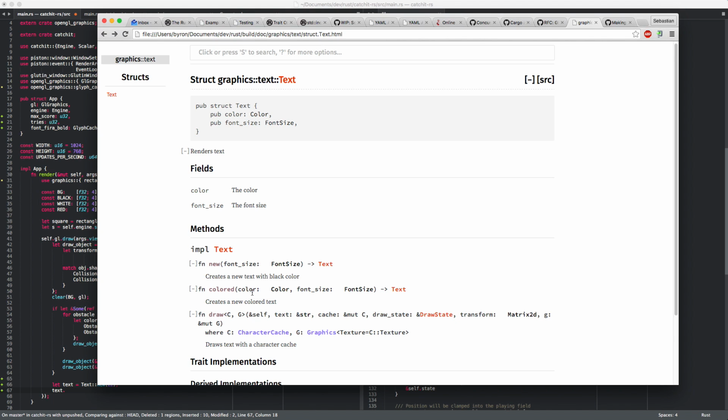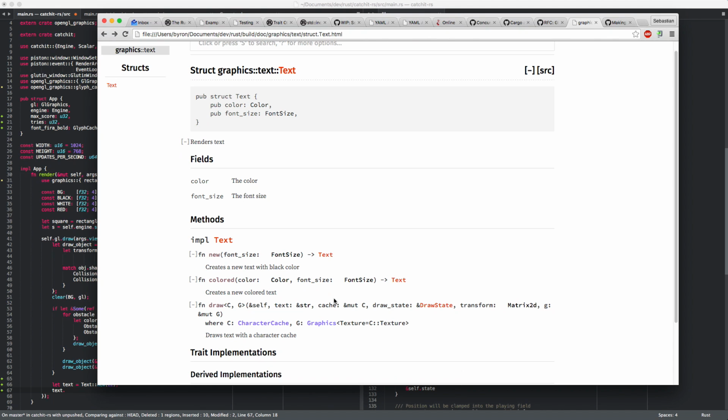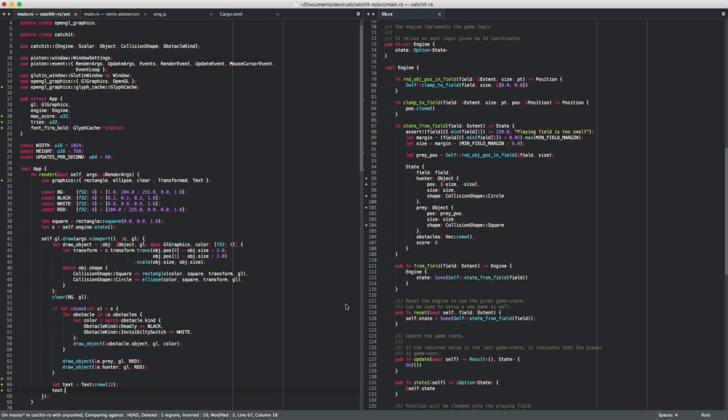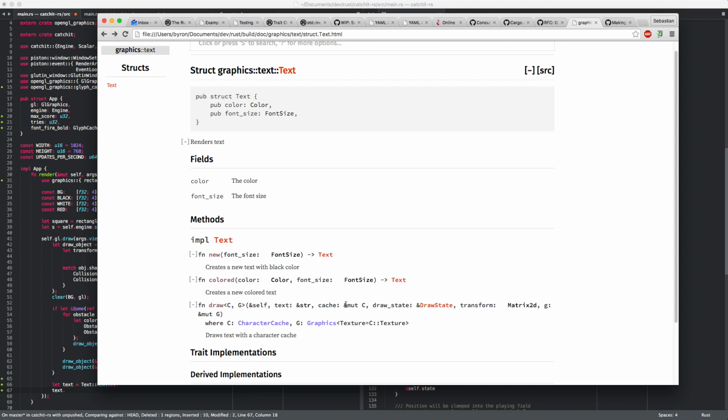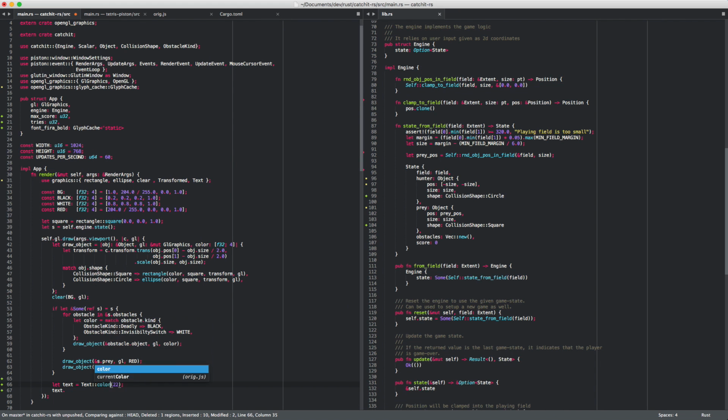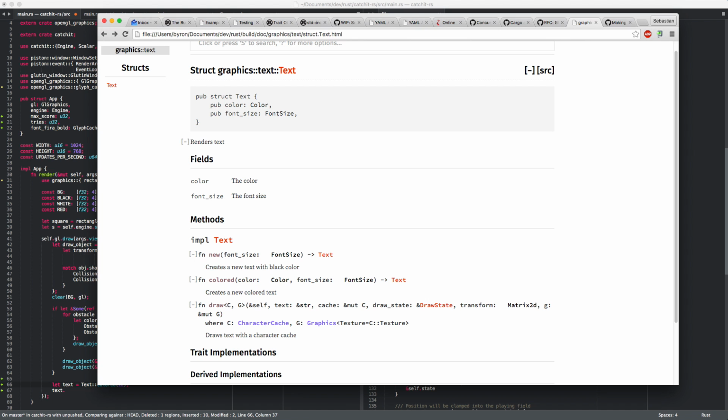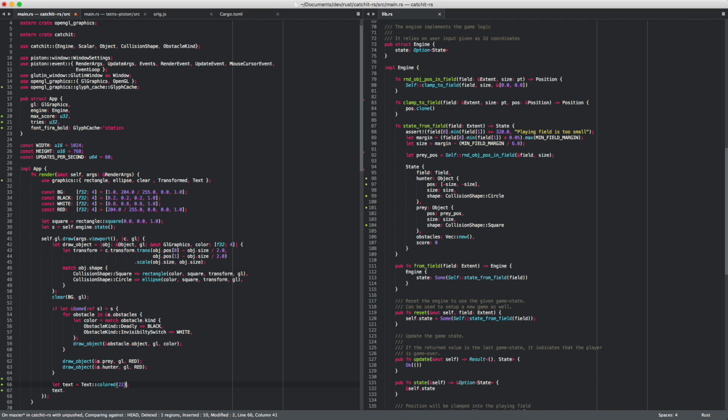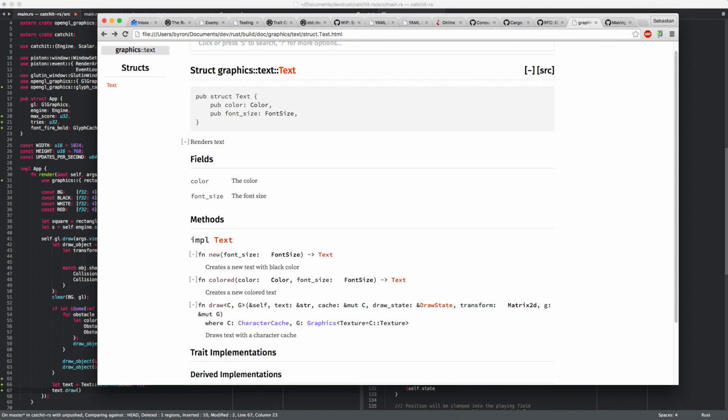I think the color is something you specify here because we'll bake this into a texture eventually. Possibly. I don't know if that makes a difference to the draw cache or not. Probably not, because it's just a stencil texture and the color can be done dynamically. Maybe, possibly. Yeah, actually I want color text, you know. New colored, and then you have a color and a font size. Okay, so we go with black 22, and then we can draw some text here